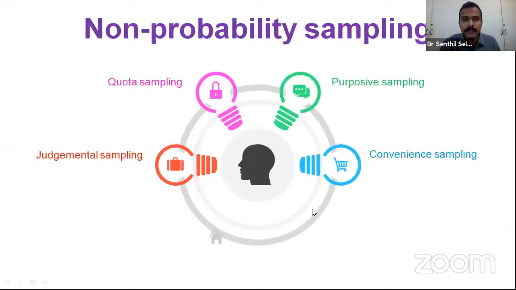Next one, non-probability sampling. Of these four types, three are purely non-probability sampling: purposive, convenience, and judgmental. Only one sampling, quota sampling, comes under both probability as well as non-probability sampling. Quota means the researcher can himself use the